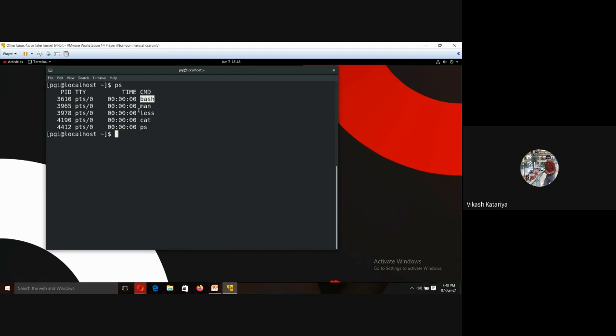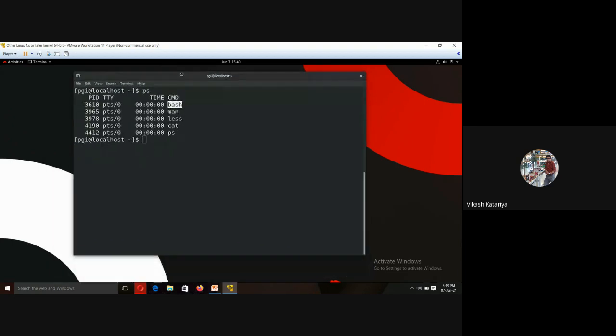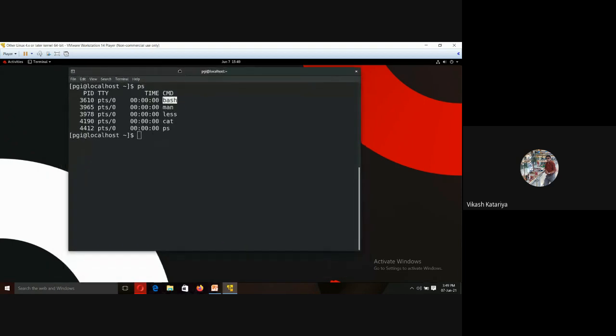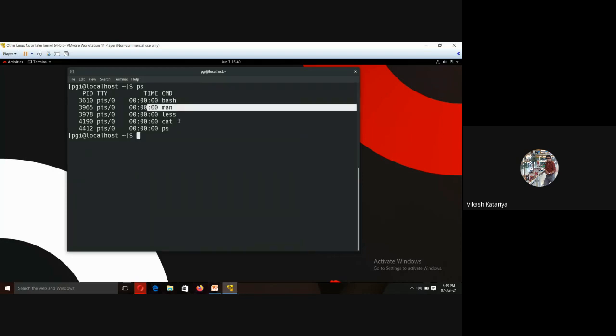I told you that when we start using the Linux machine, I request the server to please give me a terminal so that I can put in commands. So the kernel designed a Bourne shell for me and provided it in the form of the $ prompt. So that command line is nothing, just a Bourne shell. It is again a process because the $ prompt is currently running. So bash is a process, man is a process, less, cat, ps are different processes.